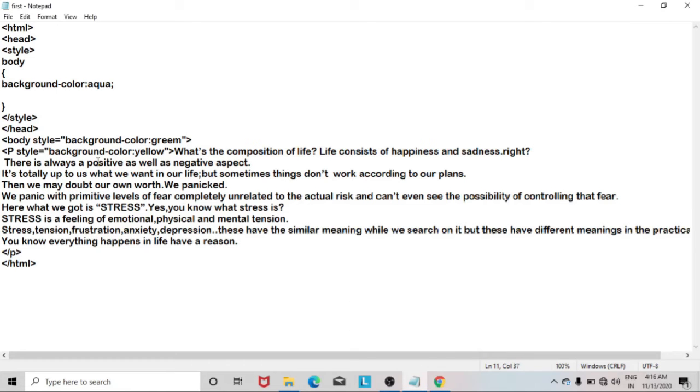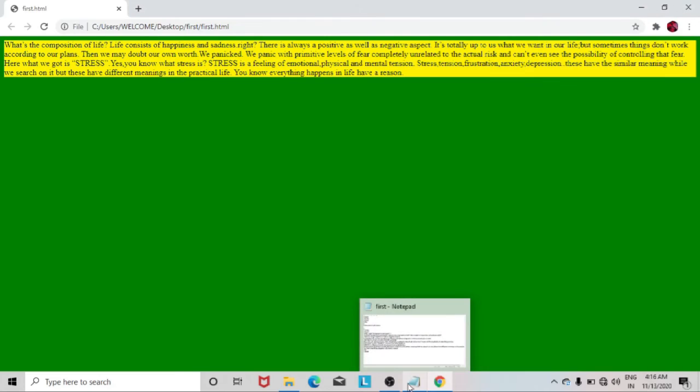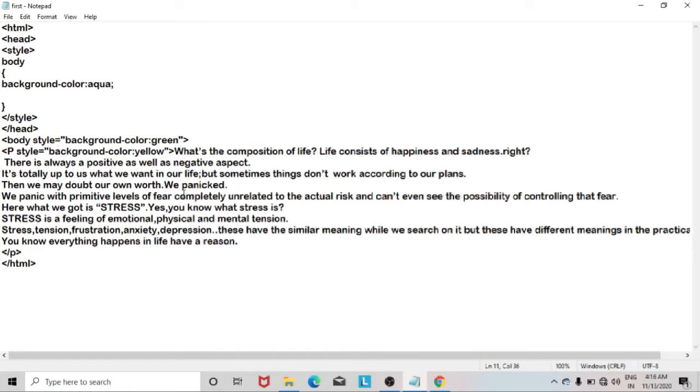So I gave you two things about inline CSS. Oh, my bad. Here we made one mistake. We have to save it here now, and when I refresh it, you will see that the green color will appear. So my bad. From this you can see that if we make some change in internal CSS, and then we change it in inline CSS, the changes put inside the inline CSS come into existence. So in this way you can say that inline CSS has more priority than internal CSS.